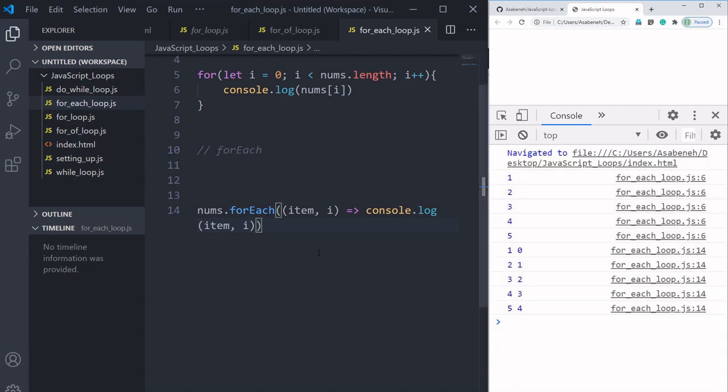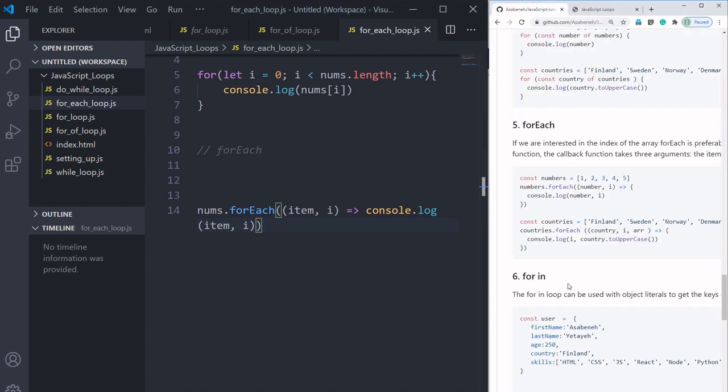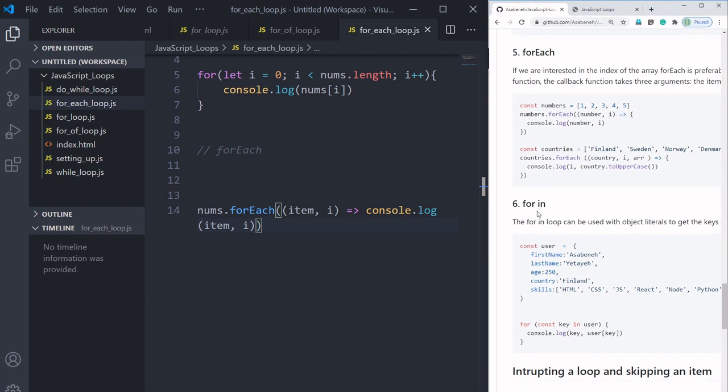So it works. So to recap, you use forEach only with arrays, and if you are interested in the index, the item, the array itself, then you use forEach. But if you want to just work on the items of the array, I think for of is more handy. In the next tutorial we will see for in. Okay,